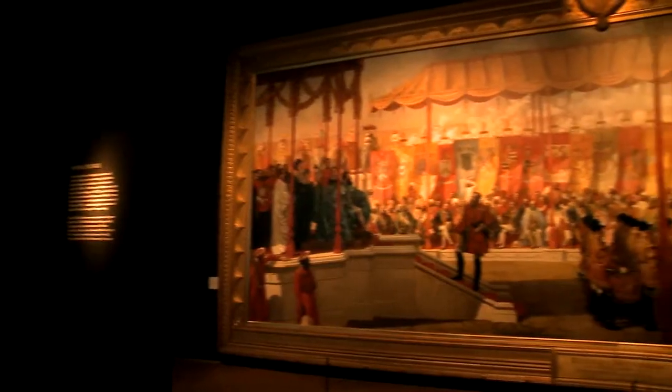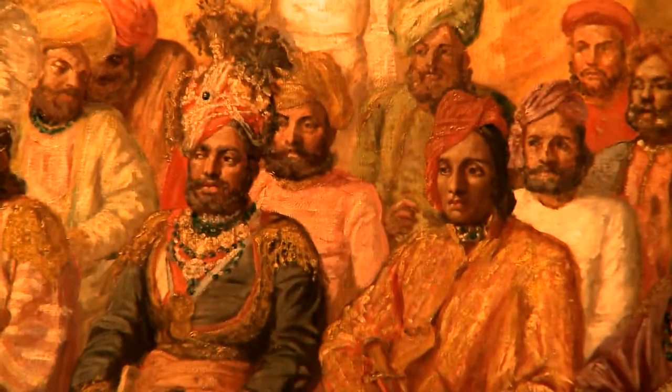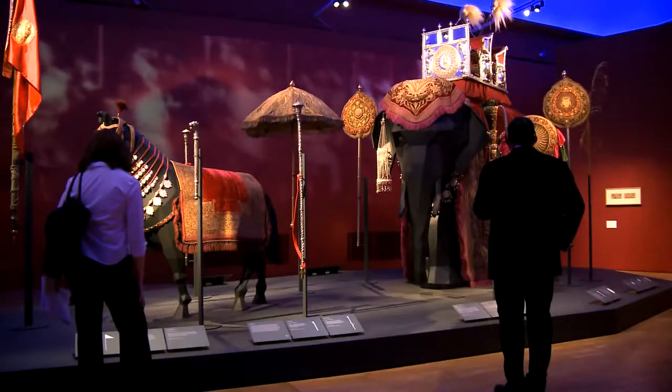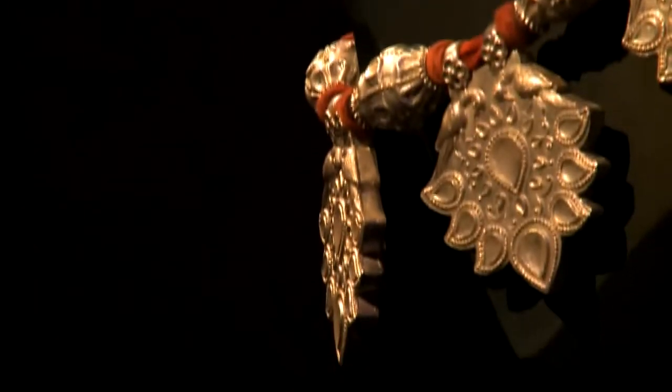The idea is to explore the world of the Maharajas, of Indian kings, and what kind of social, political and economic situations created them, to explore the fact that they were not just one person to be known by one identity, but that they were very different people. One of the key themes of the exhibition is to explore their role in creating India's rich cultural heritage and in preserving it. The position of power and influence that the Maharajas held made them a dominant cultural force throughout